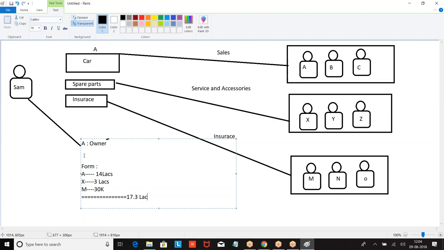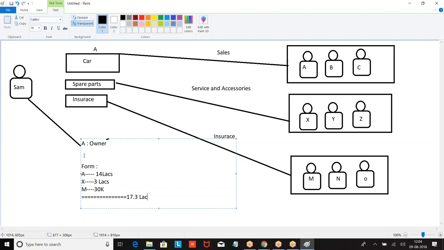Now the customer will not speak to A, X, Y, M. He only speaks to A. Boss, you tell me a final price. You are a representative. You tell me what is the final price for which I can get. Then A will take the responsibility, form the team and give the position. But who is the person who is closing this opportunity? A. But he is making a team sale.